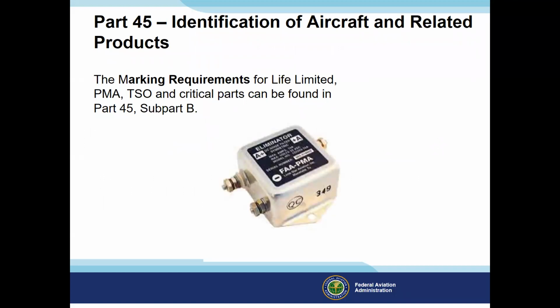Articles approved for manufacture, as I said earlier, under FAR Part 21, as referenced in Part 45, Subpart B, are the only parts required to be marked by regulation. So do all parts have to be marked? No, only those identified in the previous rule I cited. Life limited parts definitely have to be marked. If you find a life limited part that you can't find a part number on, you just purchased a bogus unapproved part.